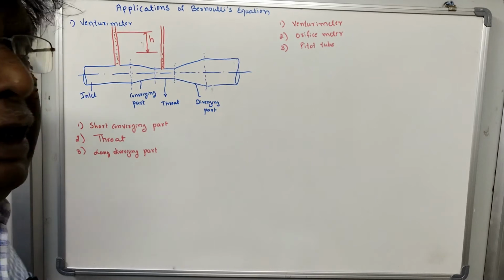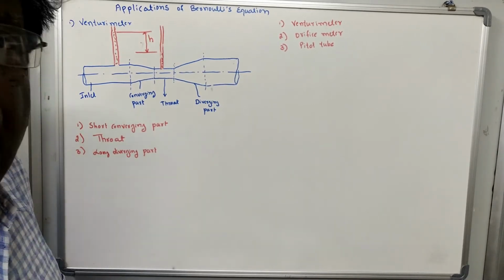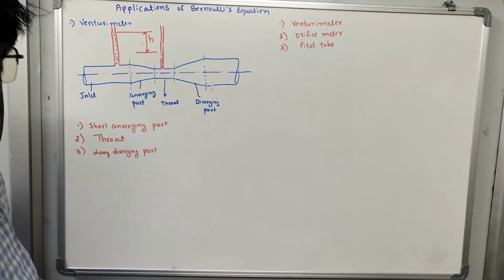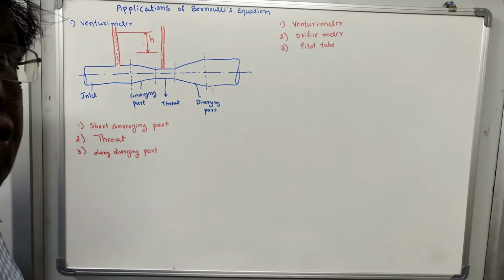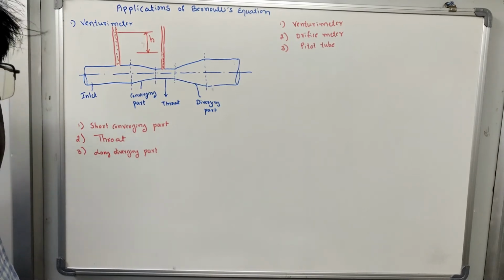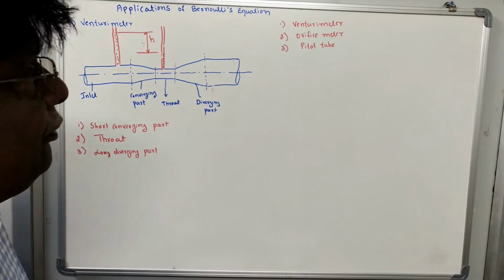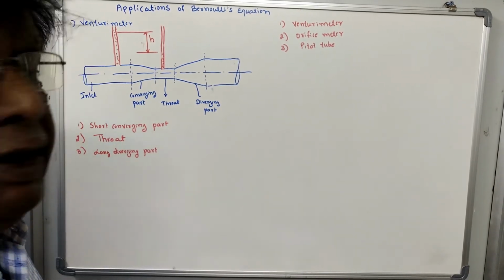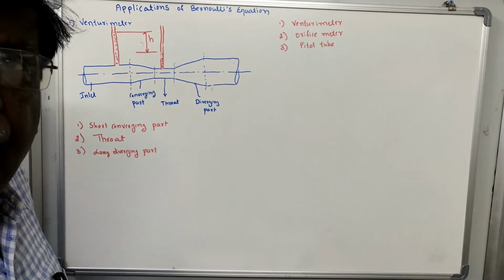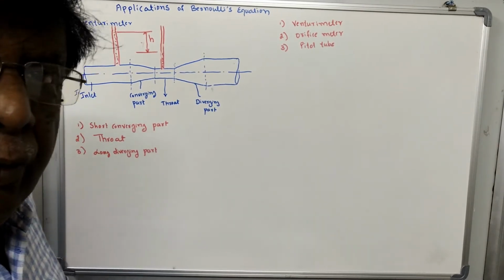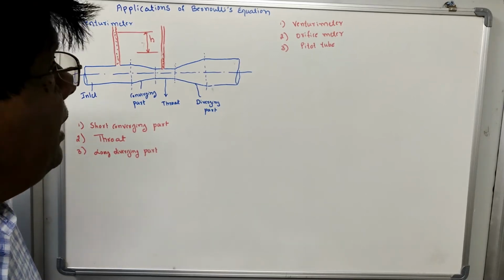That is, if it is required to measure the rate of flow, that is the discharge, in the pipe or in closed conduits. Closed conduits means flow through a pipe. So if it is required to measure the discharge, or the rate of flow, through the closed conduit, we are using